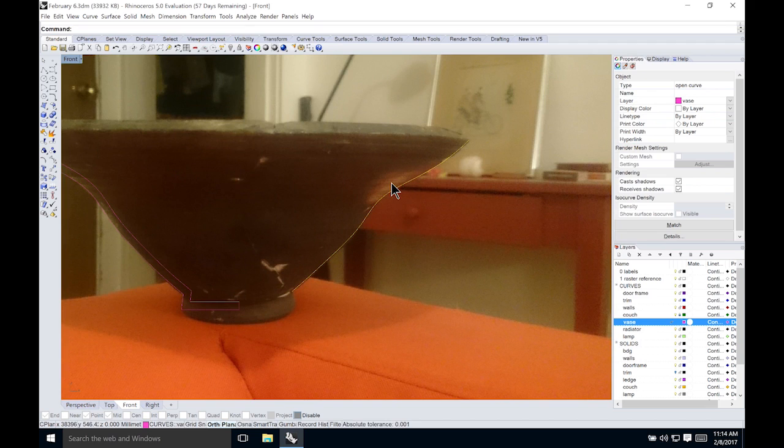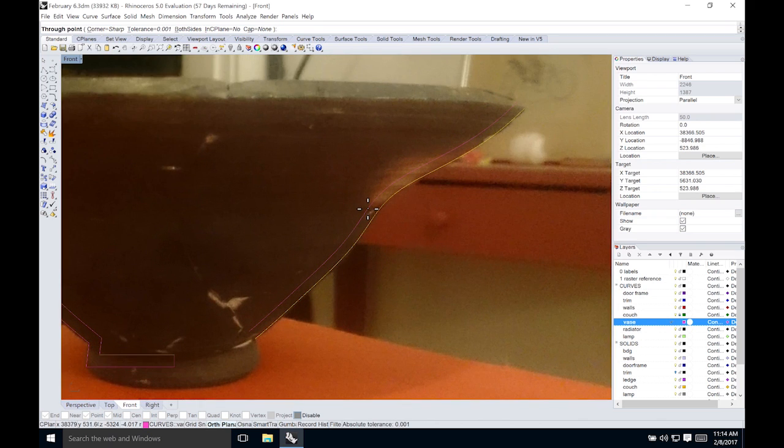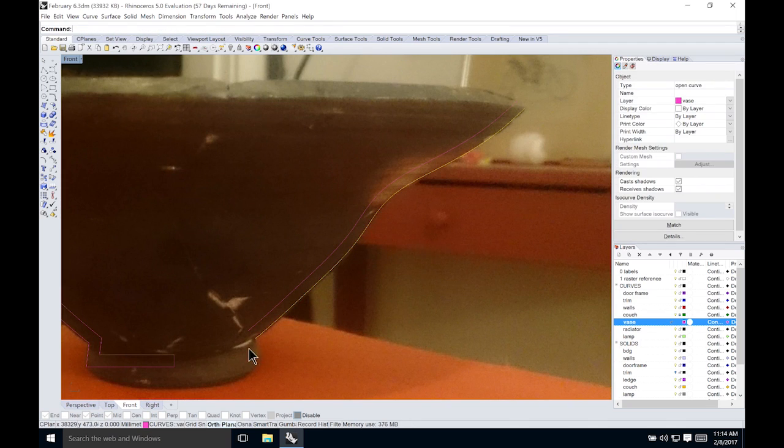So jumping back here, what I'm going to do is offset this curve. Instead of trying to figure out what the thickness is, I'm just going to type T, which is the third option called through point, and so now I can freeform give it whatever thickness I want. And then what I'm going to do is basically